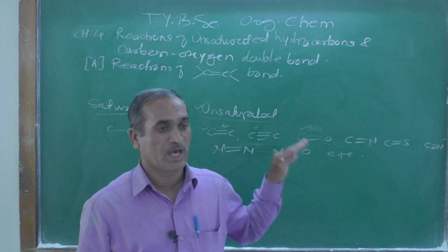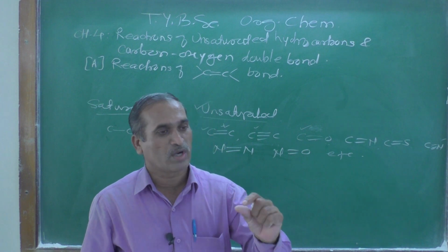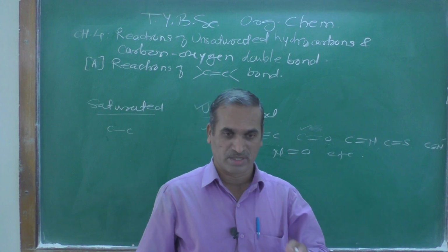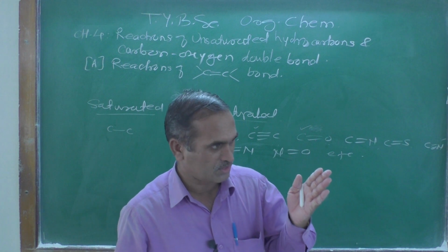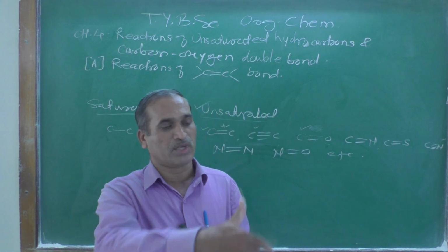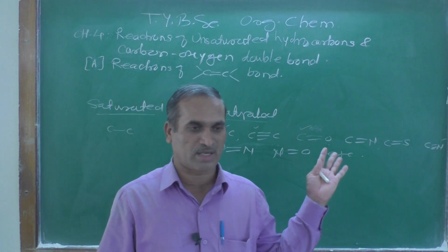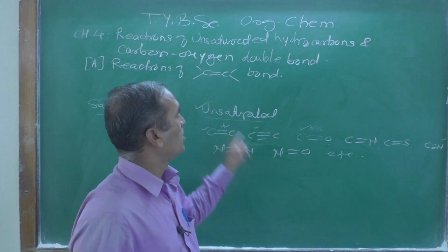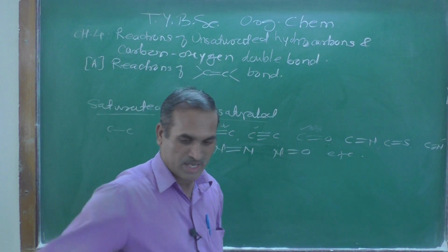But here we are going to learn theoretically how the reaction takes place, what the chemical aspect and the stereochemical aspect are, which you are going to learn in this chapter. Whether it is cis addition or trans addition, what type of intermediate is formed, and after that what the product is. That type of thing we are going to learn in detail in this chapter. So that is all about this carbon-oxygen double bond, which is over here.